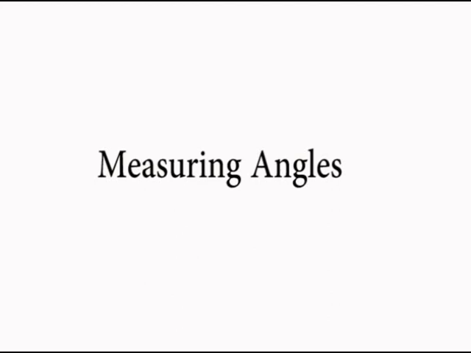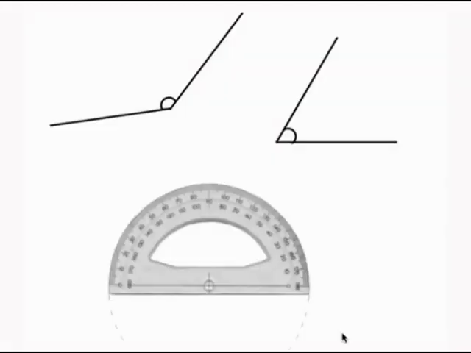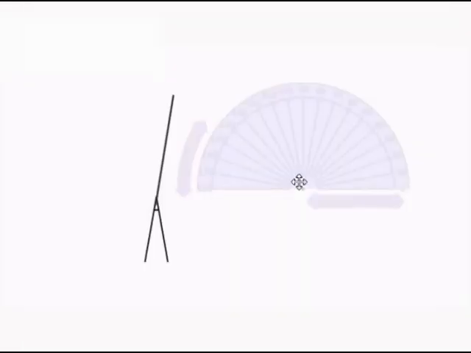Angles are measured in degrees using a protractor. On many occasions, a protractor has two scales marked from 0 to 180 degrees. There is an inside scale marked in an anti-clockwise direction, as well as an outside scale marked in a clockwise direction. But it doesn't really matter, because even if you have a protractor with a single scale like this one of mine, you just need to know the line on which to place the protractor. In fact, on my part, I prefer this one because there can't be any confusion on the angles or the